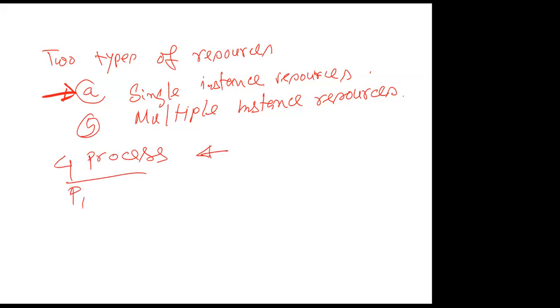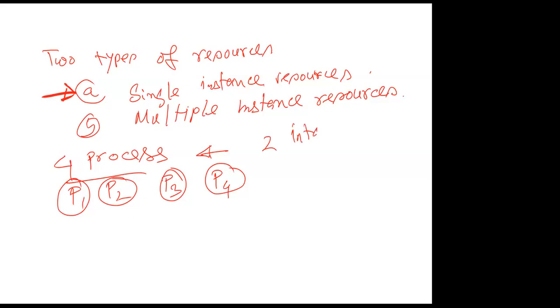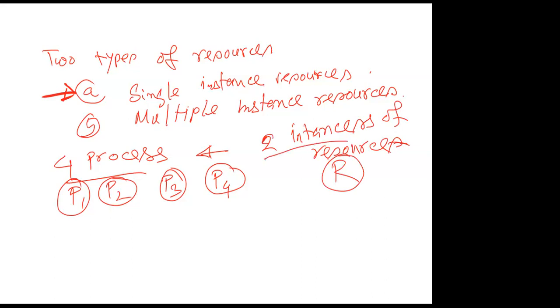Let's say processes P1, P2, P3, and P4. You have a total of 4 processes, and to complete each process, you need 2 instances of resource R. 2 instances of resource R means that, just for the sake of example, if this process P1 needs 2